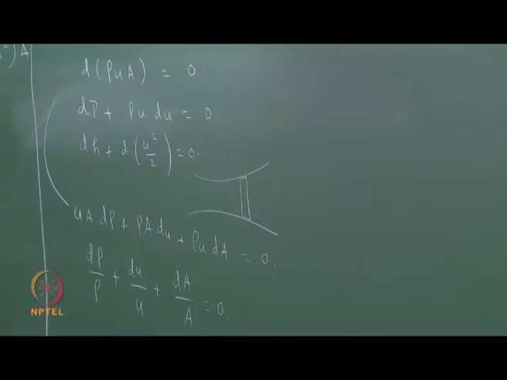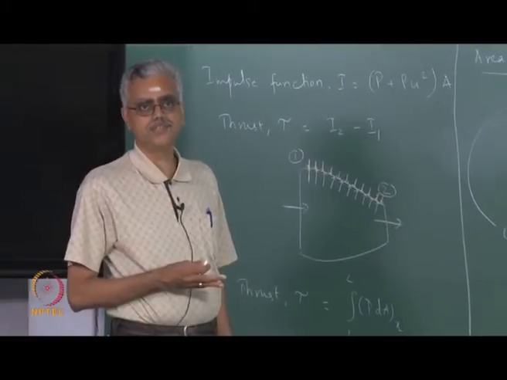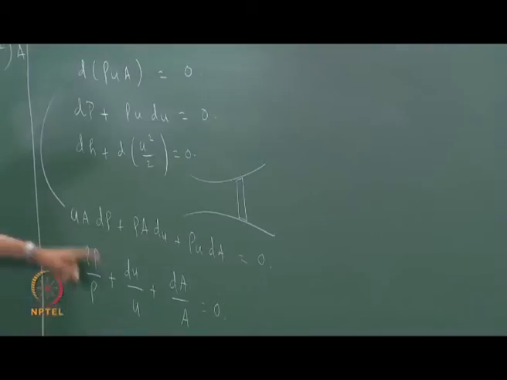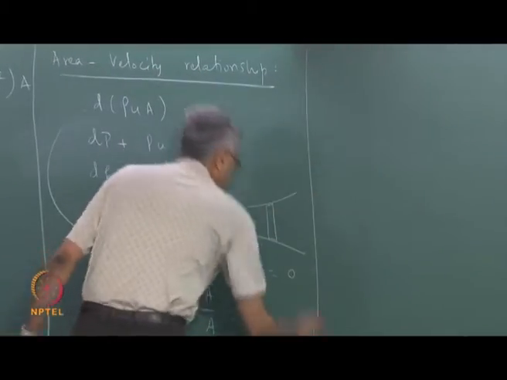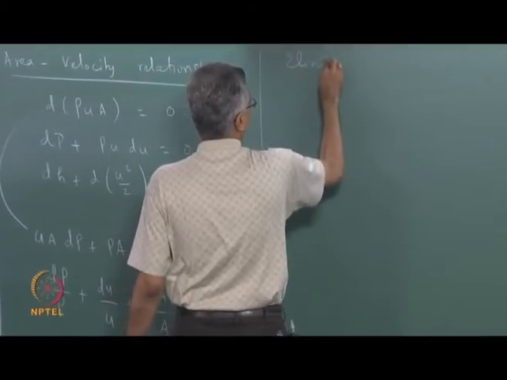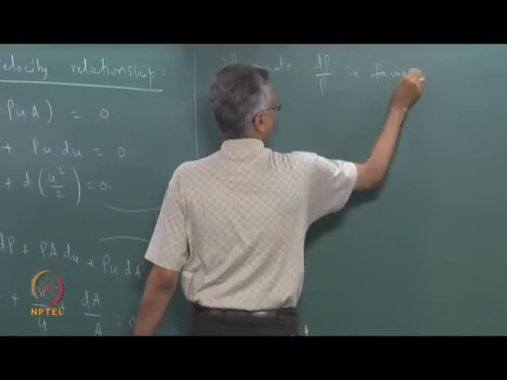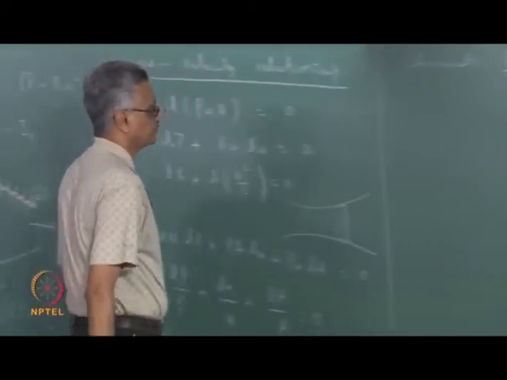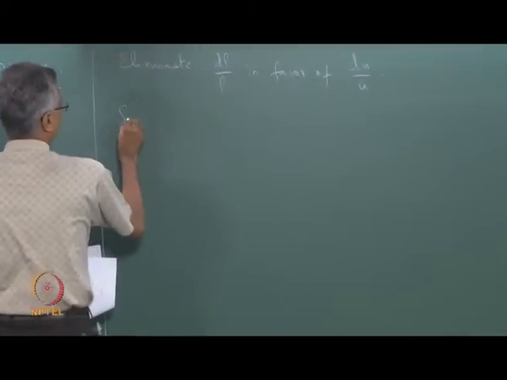Now we are looking for an area velocity relationship, which means the relationship must contain only changes in area, changes in velocity, and area and velocity. So that means I would like to eliminate d rho over rho in favor of du over u. That is what we are going to do next. So we will eliminate it, since we have assumed the flow to be isentropic,